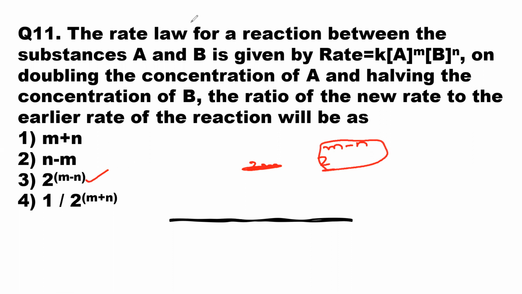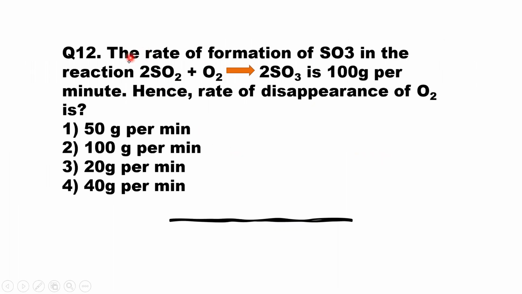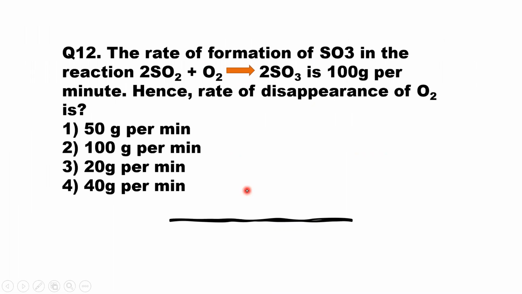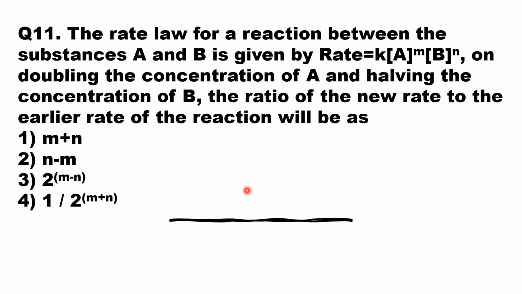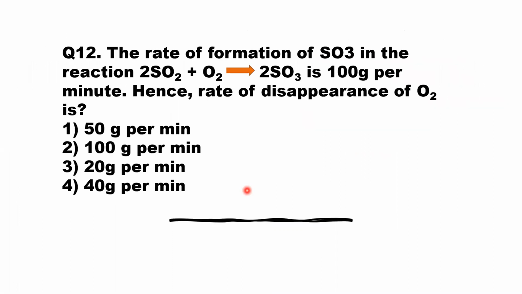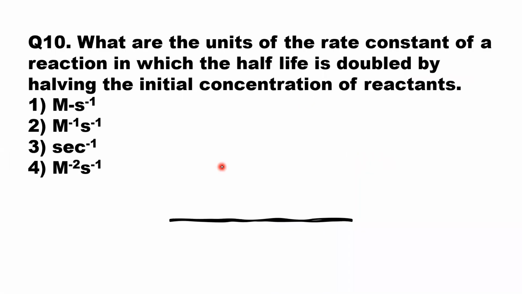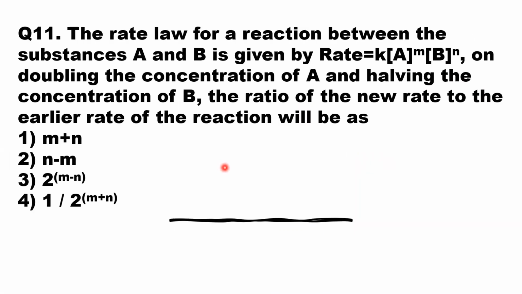This type of question is most important. All the important models, actually we have done tough models while I was explaining. Now we are doing basic questions so that you can understand easily. Not only should you understand, you should not leave the basic questions either. So next, the rate of reaction. Next is the 11th question. We have finished the 11th question. Now the 12th question. What about the 10th question? Let us check, maybe I have skipped it. Yes, the 10th we have done, the 11th we have done.